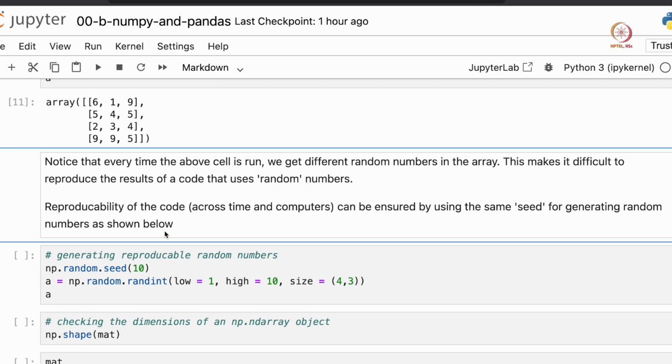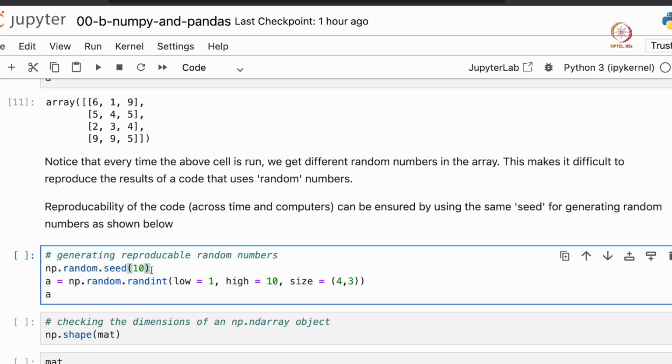Now at times it becomes necessary that you want to reproduce your code. So say you want to do some analysis with matrices and you want others to verify the validity of it. So it's necessary that others reproduce the exact matrix that you created. One way to do that is to use a random seed. You can do that by running this line of code, np.random.seed. That sets a seed value, which is 10, and after that, whenever you run any random number generating code, or any code that has to do with randomness, it will reproduce the same random sequence.